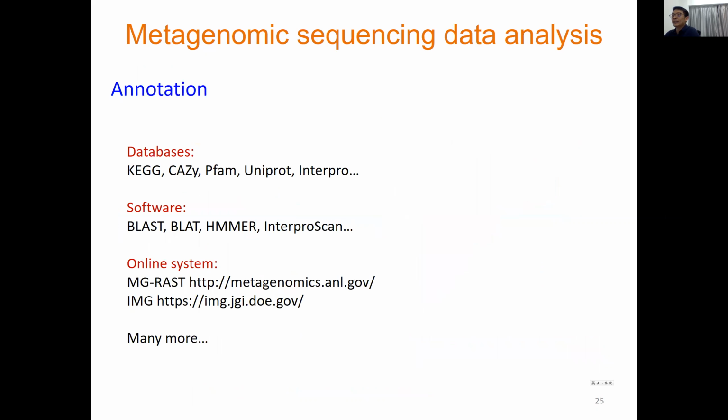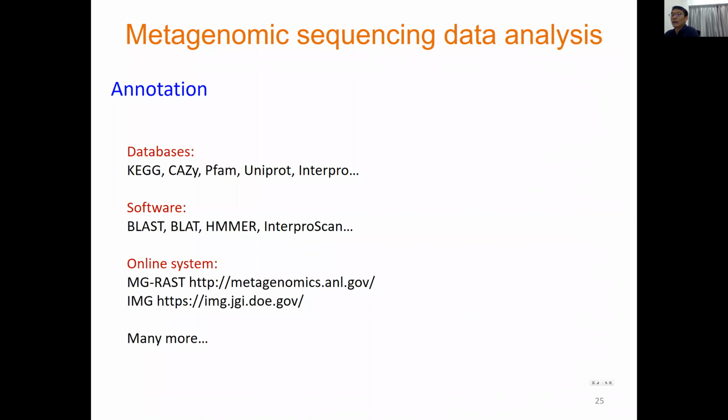And for metagenomics analysis, another important step is the annotation. Through the annotation, we can know the function of different genes. Here I listed a few databases and software for the metagenome annotation. Besides the databases and the software,